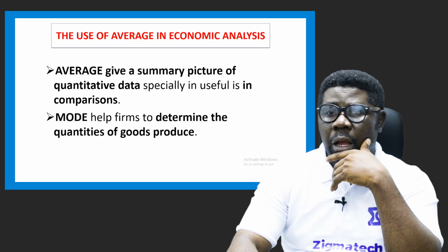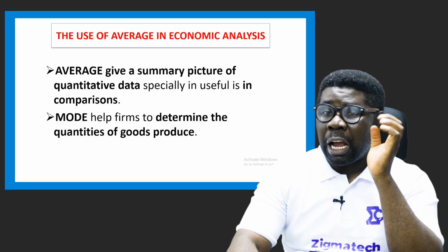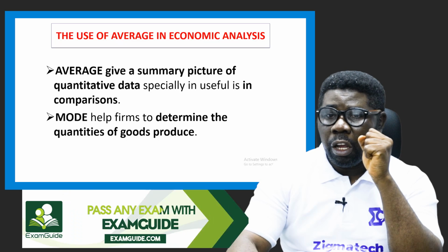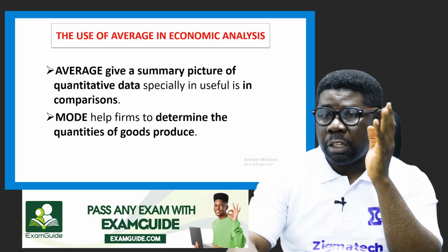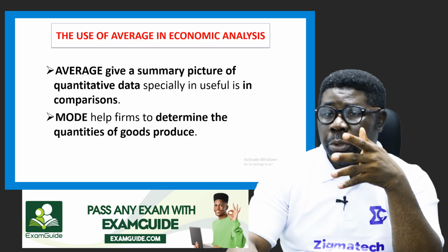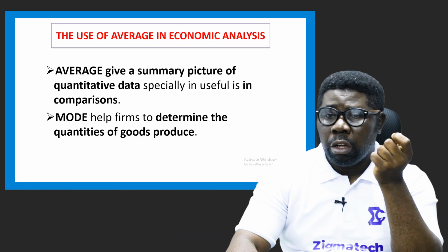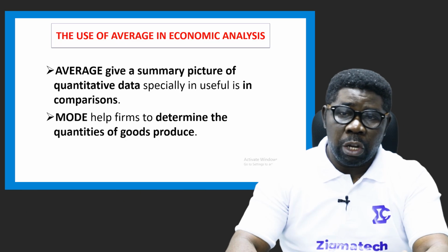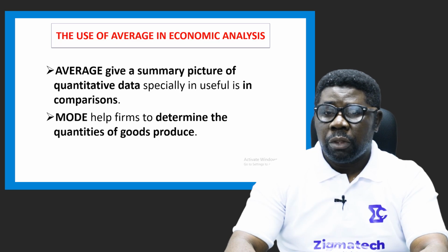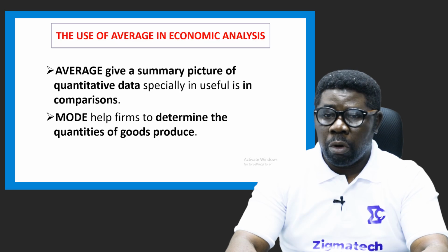And then what are averages? How are they useful in economics? Well, averages give us a summary picture of quantitative data, especially in the use of comparison. When you want to compare two options or two variables, it gives you a very strong representation of the information given to you. You can compare two variables using the average. Then the mode helps us to determine the quantity of products to produce